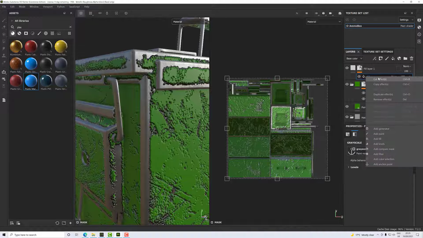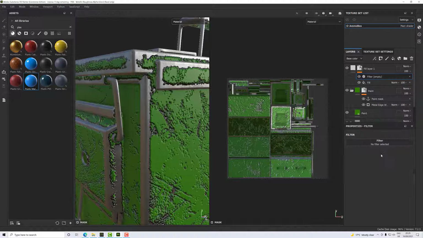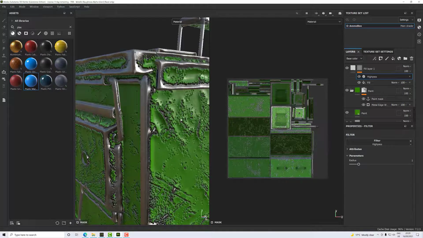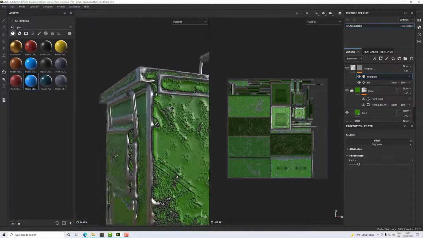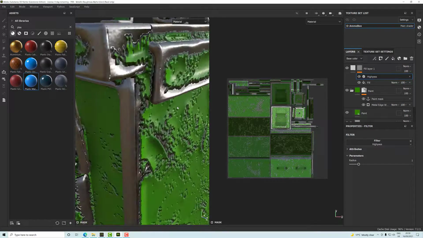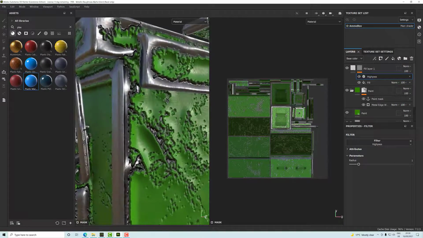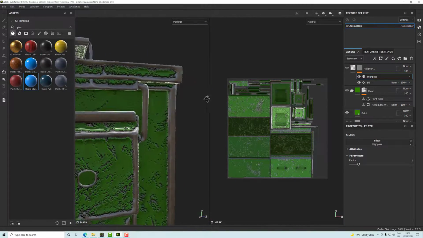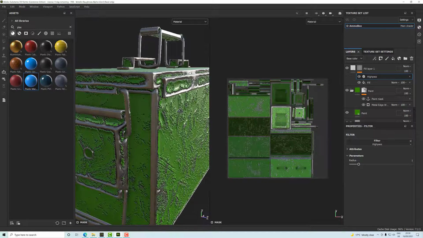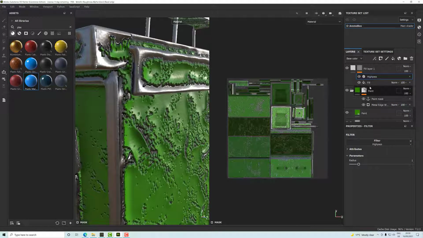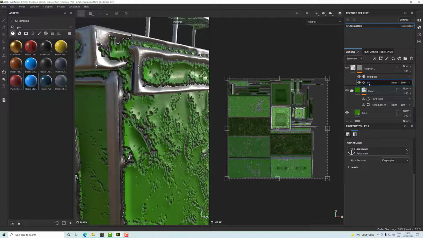So if we right click and add filter, click on the filter, we'll add a high pass, and immediately you'll see that kind of distorts everything, because we've run a high pass on our filter and really changed how it looks. So it's kind of puffing out the metal as well as the paint, and we don't want it to do the metal. So for that, what we can do is take our fill layer and use it as a mask